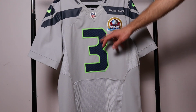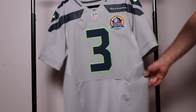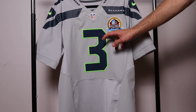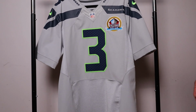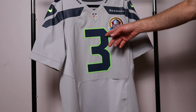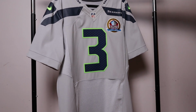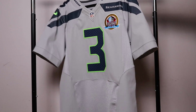All right, so one thing I want to add is not only are these panels stretchy from the spandex, so is the material that is used for the customization on the letters and numbers, and they are pretty much standard with Kiss Cut versus Layer Twill. All right, guys, when we flip it around,